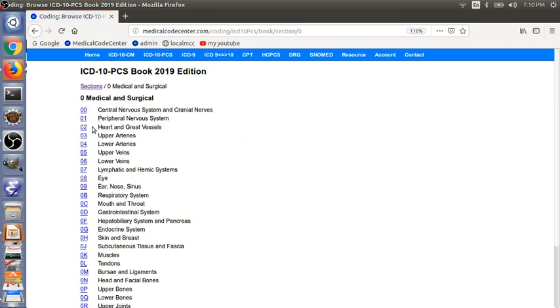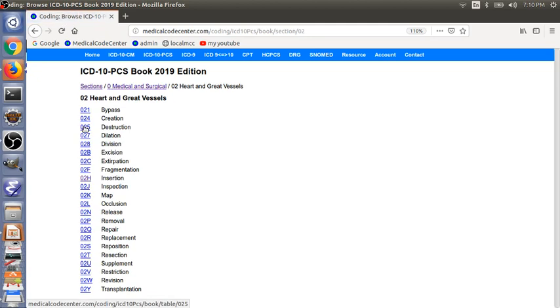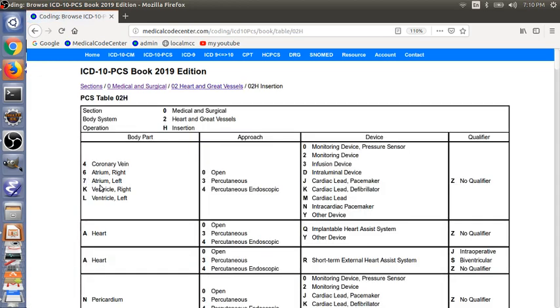And 02 for heart and great vessels. And then we have 02H, insertion. And then right atrium is 6, and percutaneous is 3 here, and then cardiac lead pacemaker, and then the final digit is